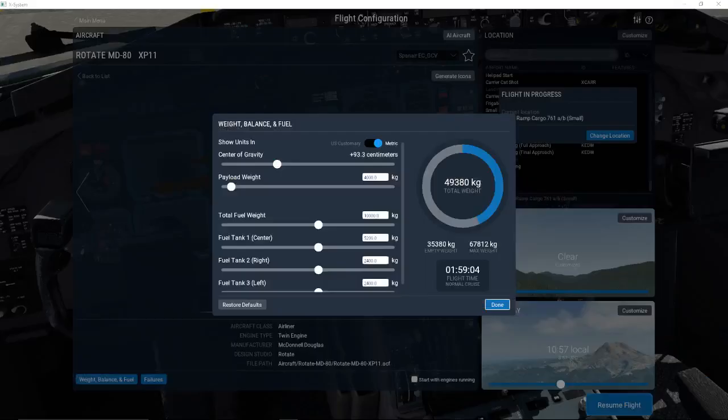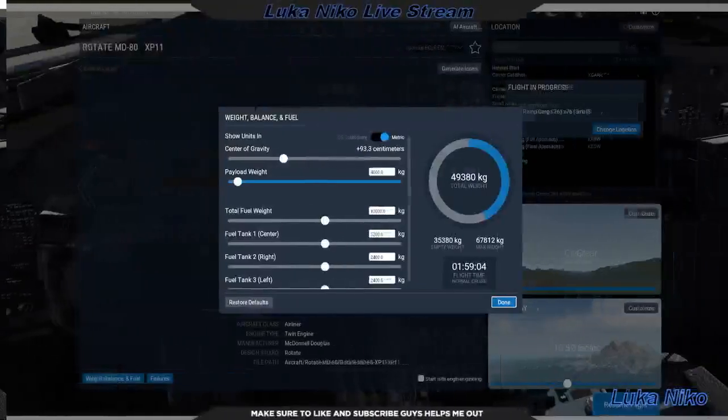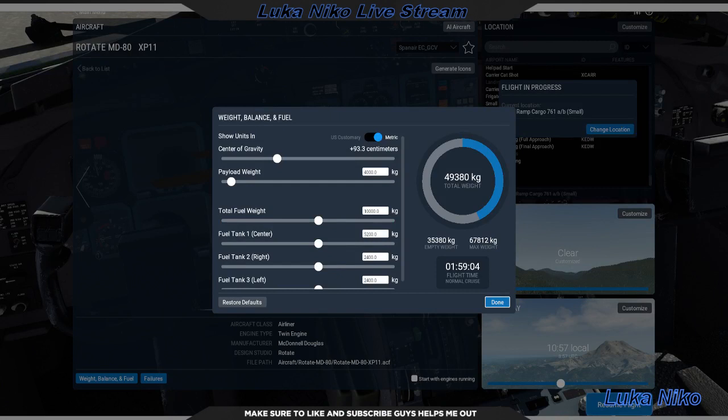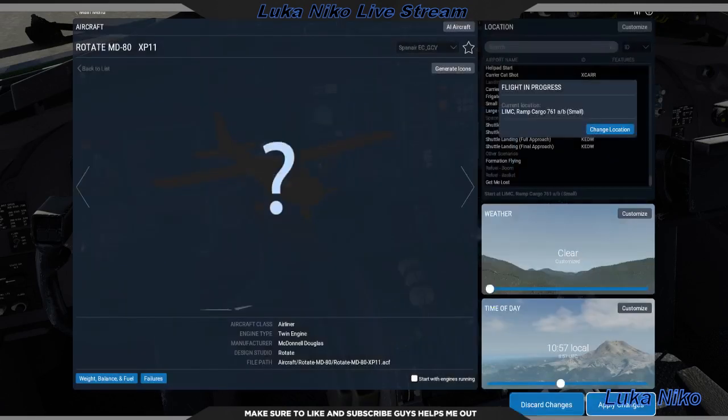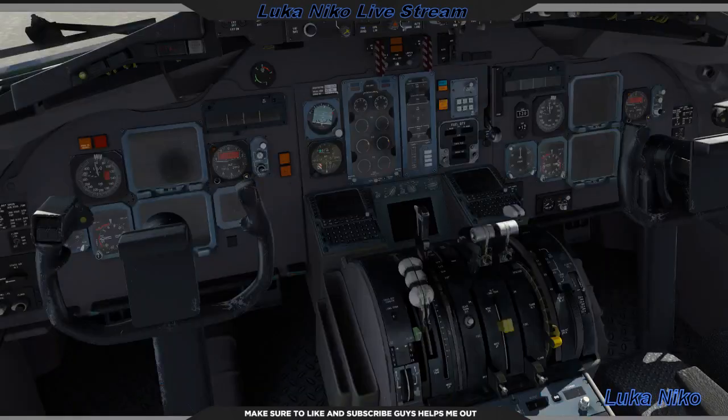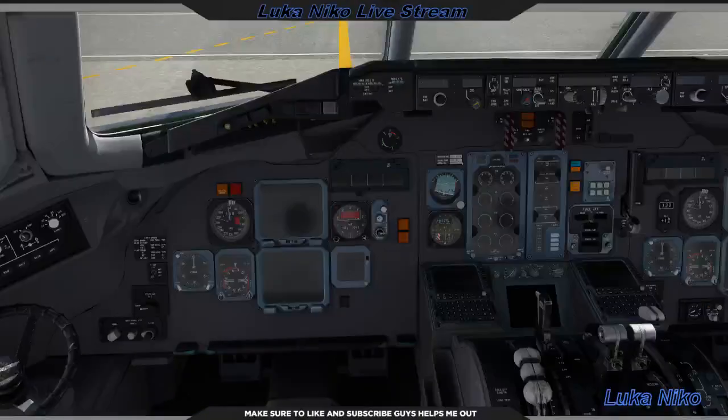Sorry, 10 tons and a half. Okay, done. Apply the control column and